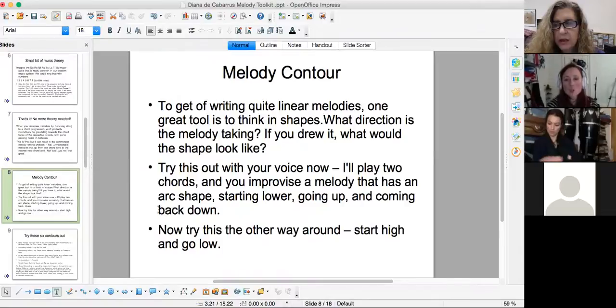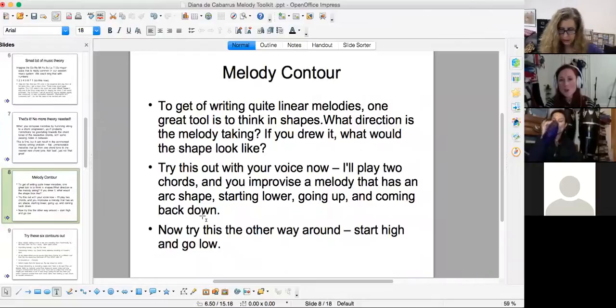So you can try this out at home just now. I'll play a couple of chords, and just challenge yourself to improvise a melody that has an arc shape. So you're going to start low, you're going to go up, and you're going to come back down. I'm just going to give you a couple of chords. Can everyone hear the chords a little bit? It doesn't have to sound great. You can just be like,